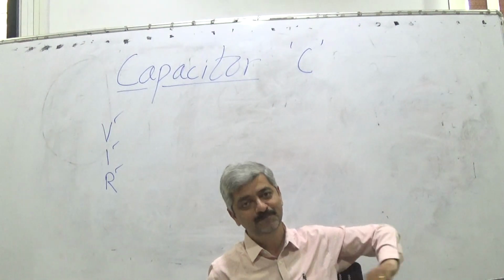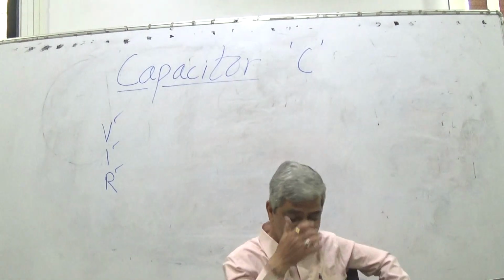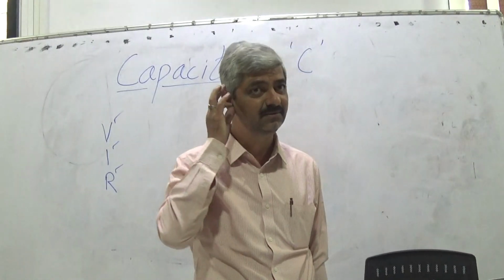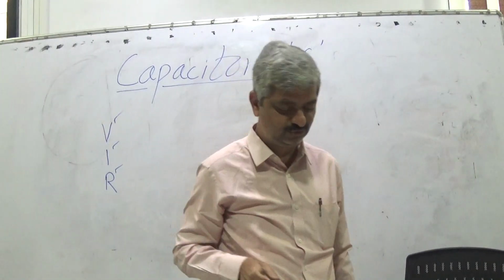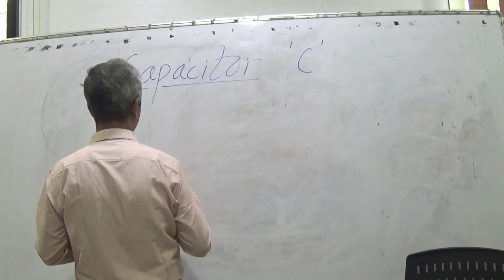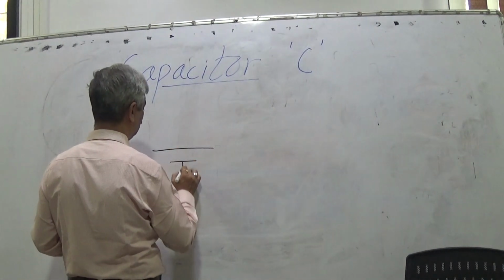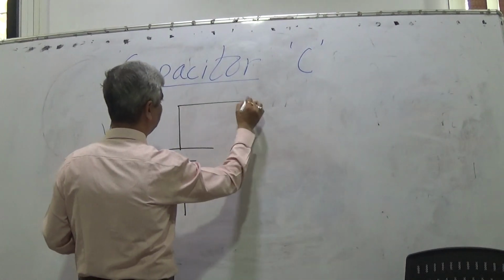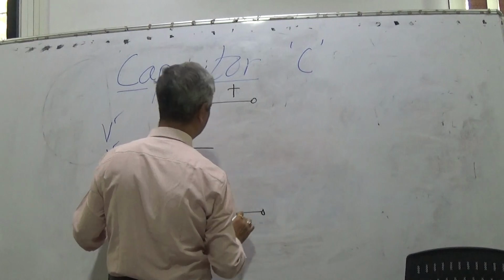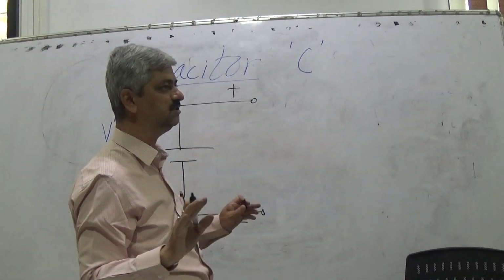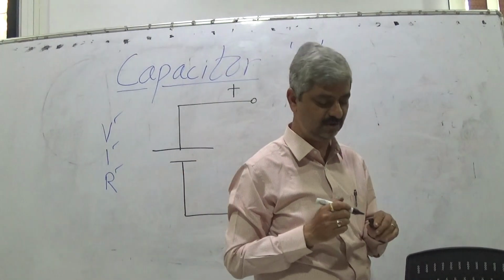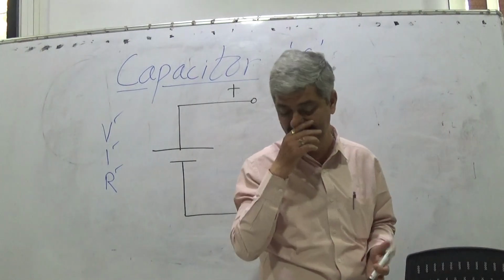So what is a battery? Is it clear now? Because that is very important. What is a battery then? You should understand very clearly. A battery is a voltage source. This is the positive and this is the negative terminal of the battery. What we said is that the concept of charge is only in terms of electrons now: excess or deficiency.